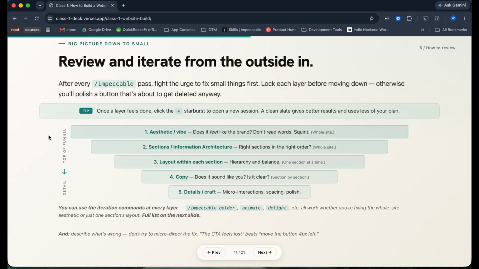So this is the general process that I use in designing a website, and I think of it like a funnel. The first pass that it's going to build, which I'll show you the command in a second, is not going to be right, quite frankly. It's going to be okay at best, but what you're really just looking for in that first pass is the aesthetic and the vibe.